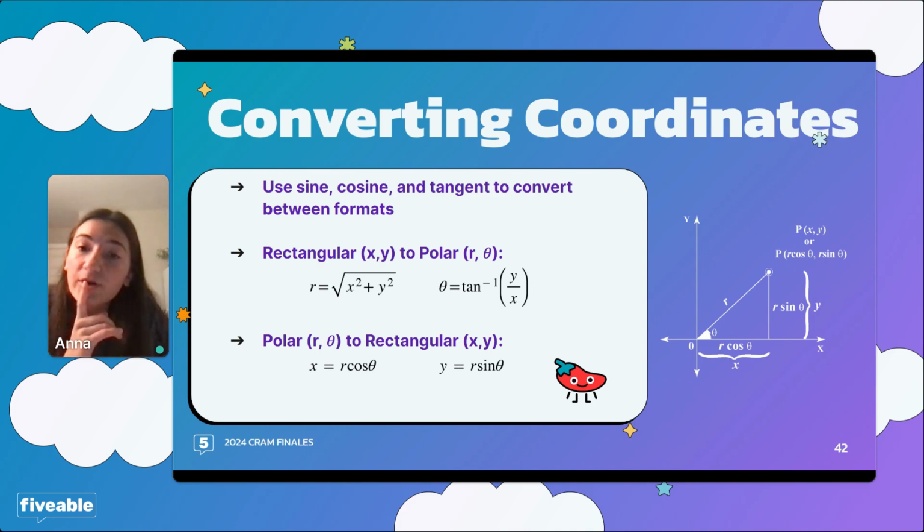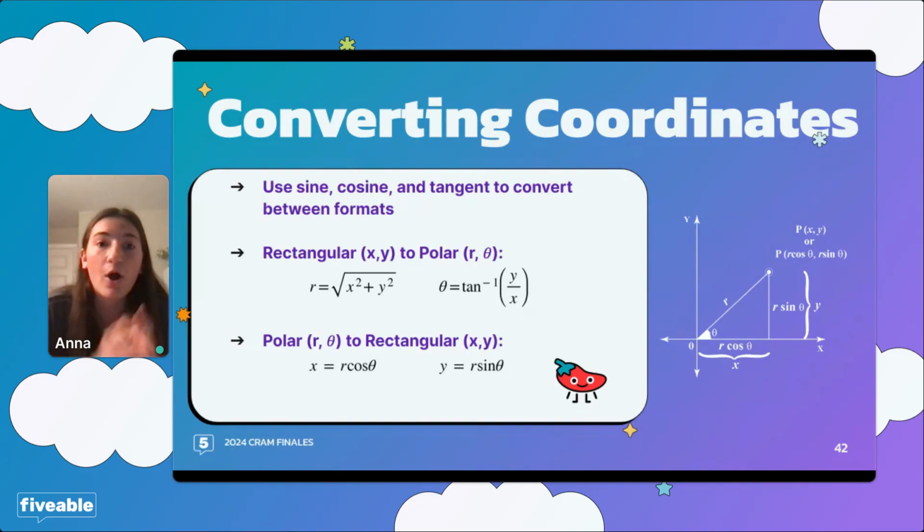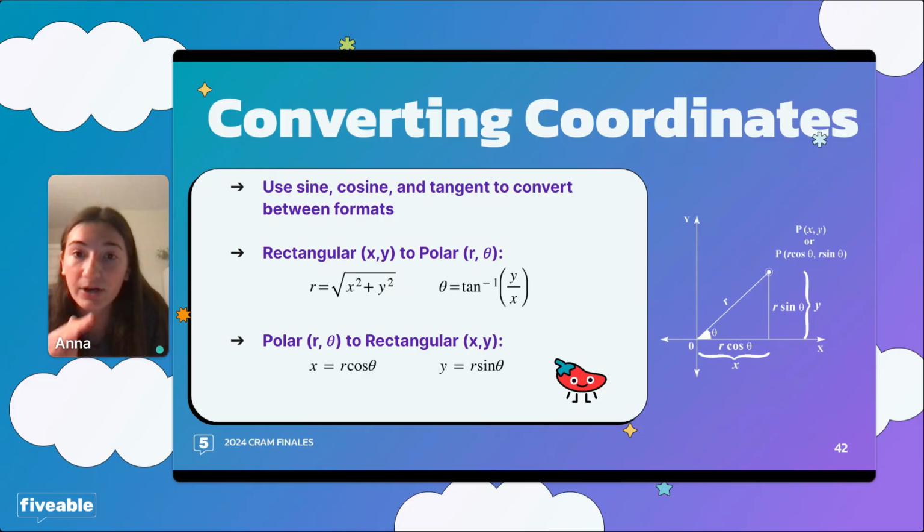Okay, and then as far as converting polar to rectangular, you're given a polar coordinate in terms of r and theta, and you need to then come out with x and y. And so in that case, we're going to use more trig. So basically, as Dina mentioned earlier, we always want to think of cosine as being a horizontal distance, like an x. And then sine should correlate to a vertical distance, or a y. So as you can see in these formulas here, these are a great way to find your rectangular point.